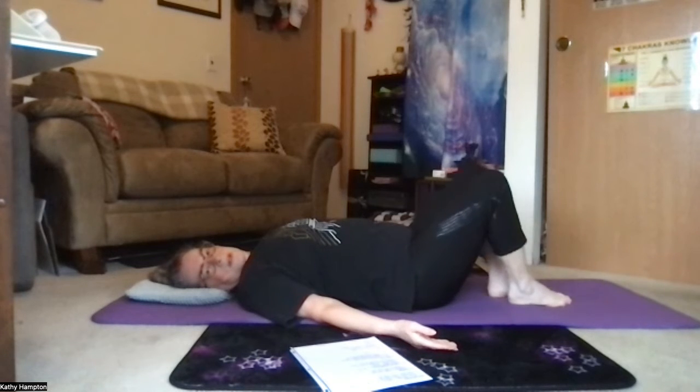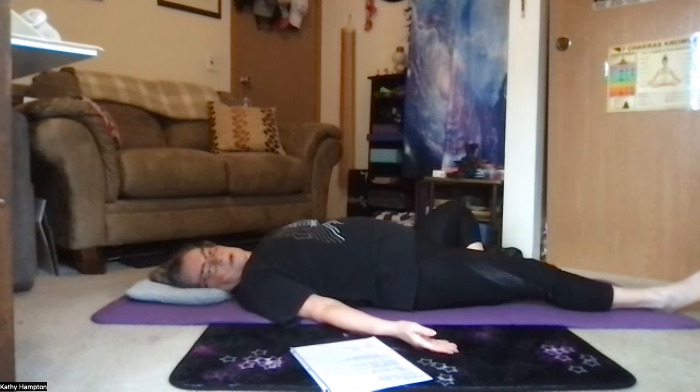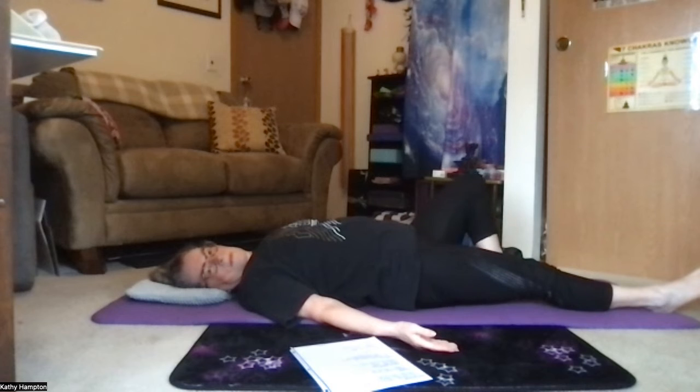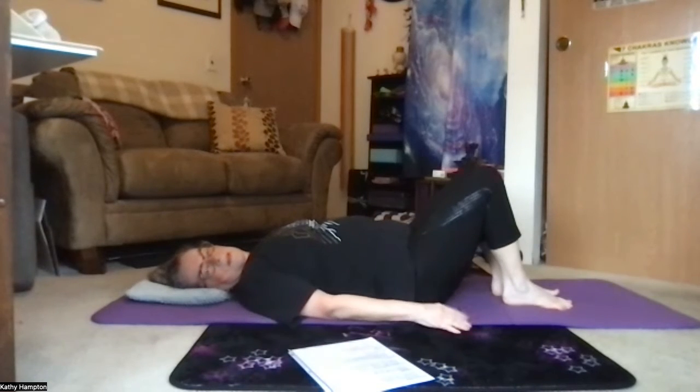Okay, good job. Now switch legs. Right leg extended, left leg bent. Same thing. 1, 2, 3, 4, 5, 6, 7, 8, 9, 10. Okay, good job. Now the last movement in this is